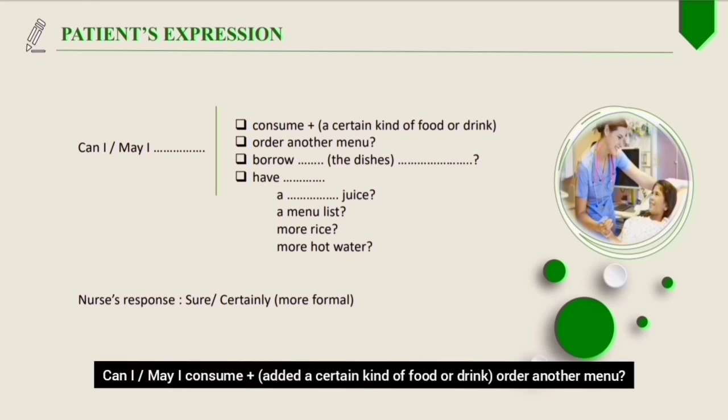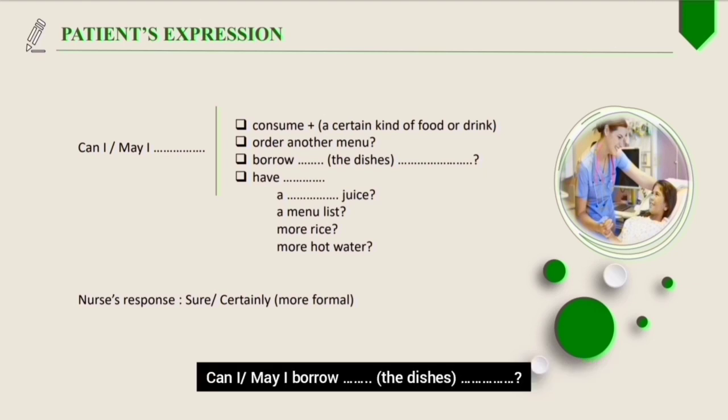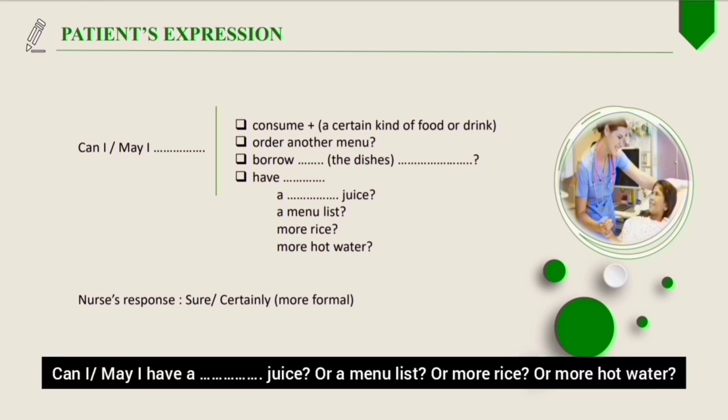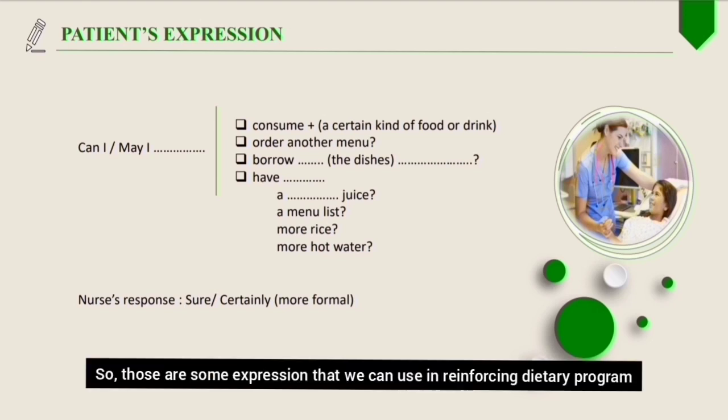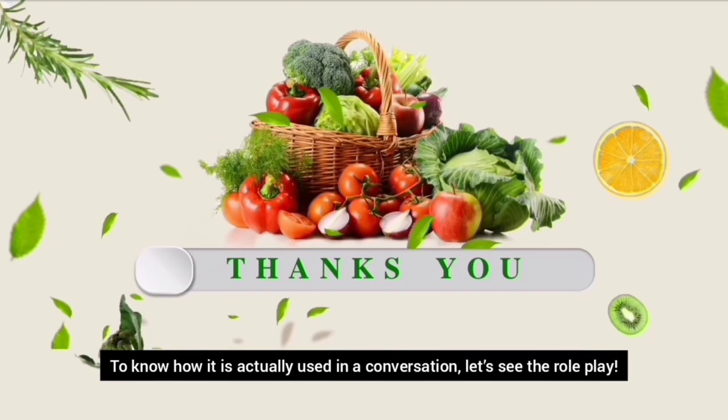We may say, can I or may I consume a certain kind of food or drink. And you can use can I or may I order another menu. Can I or may I borrow blah blah blah. And can I or may I have a juice, a menu list, more rice, or more hot water. And then the nurse responds, sure or certainly. So those are some expressions that we can use in reinforcing a dietary program. To know how it is actually used